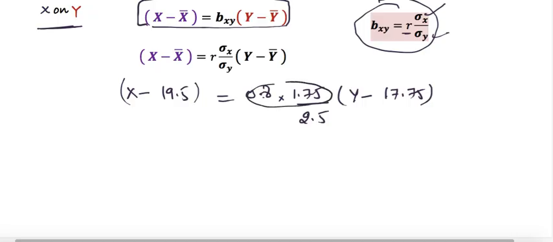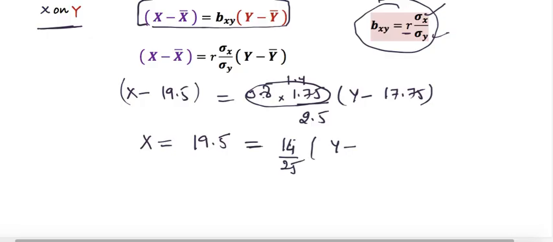After multiplying these two values, we are getting 1.4. And once we are done with it, we can put it: x minus 19.5 is equals to 14 by 25 and y minus, this side it is plus